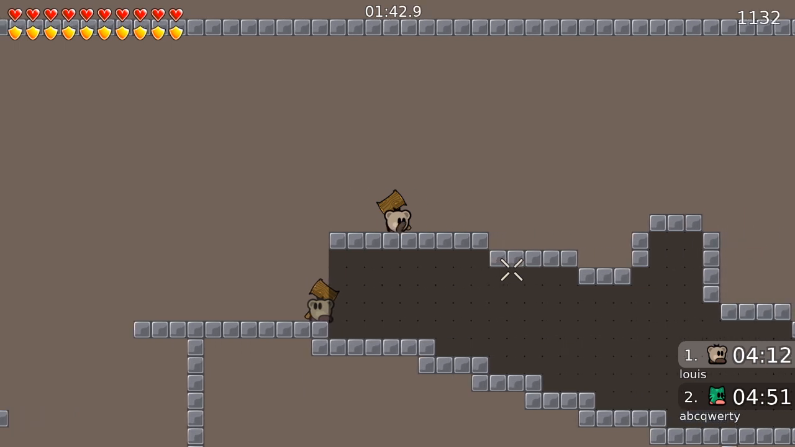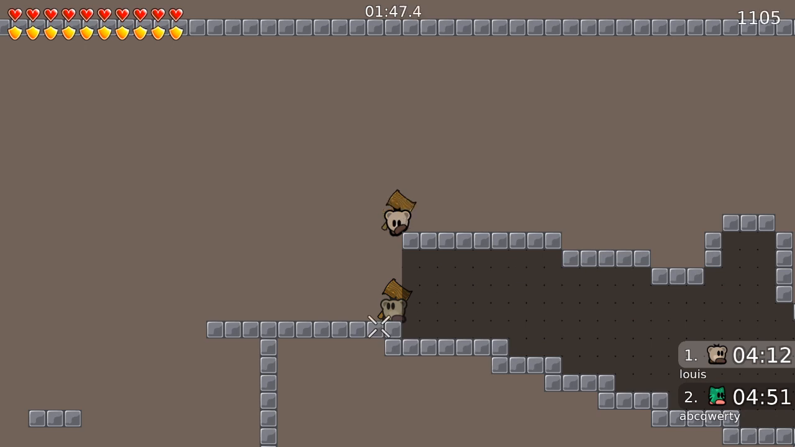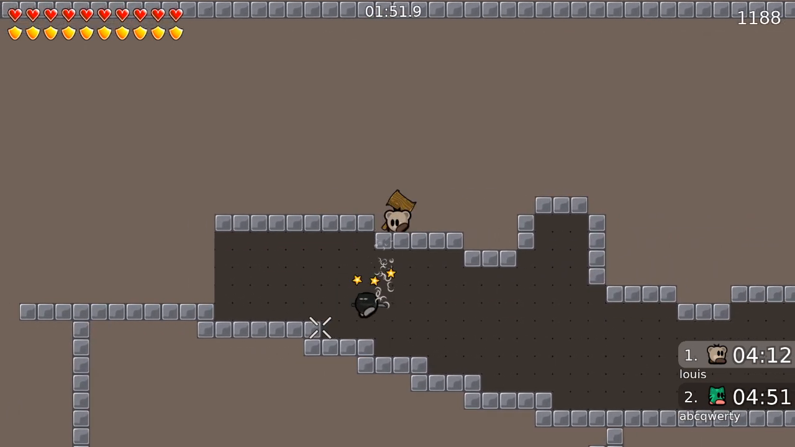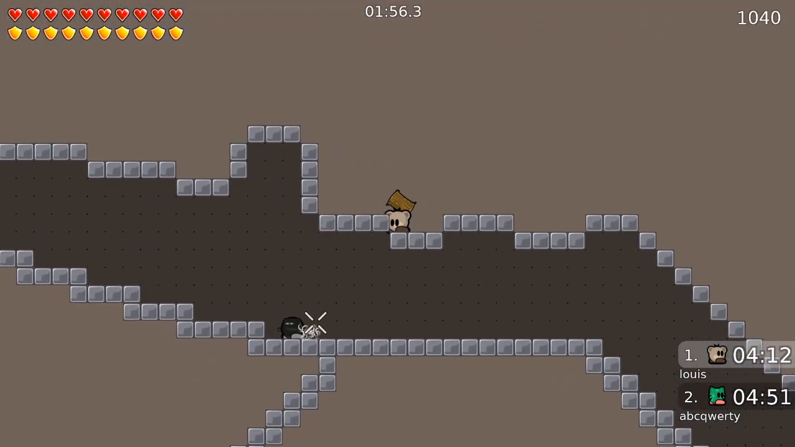Now in many maps, you'll see parts like this. These are very common. They're called drag parts. So the whole concept is you want to drag your friend through the bottom and bring him to the end of the part. Now what you can do is